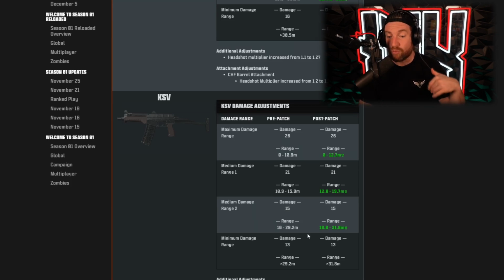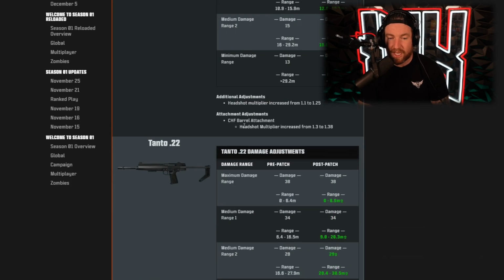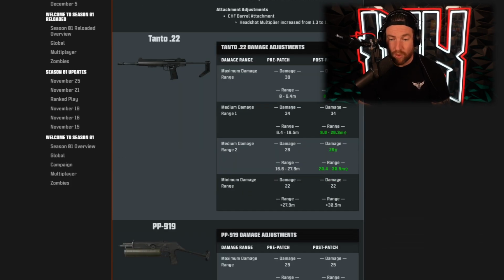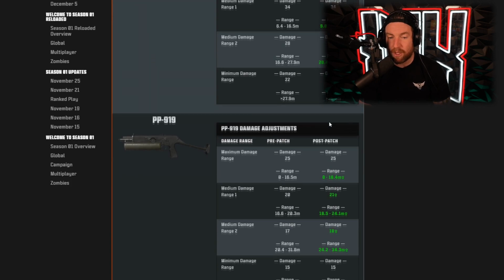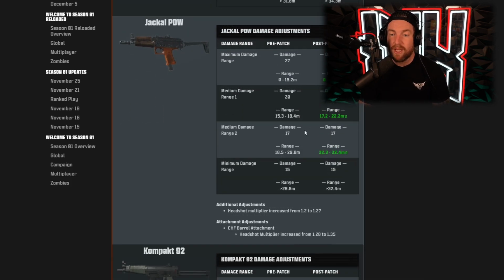KSV increased range all around and increased headshot multiplier. So just all around a buff for the KSV. Tonto increased ranges, but no increased headshot multiplier. PP919 just increased ranges. Jackal PDW maximum damage decreased, but all of its ranges and medium damage range 1 increased